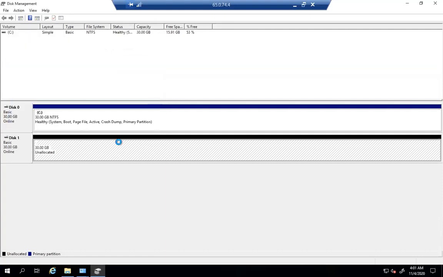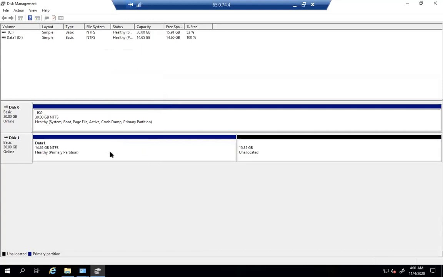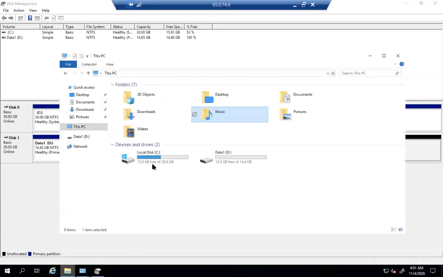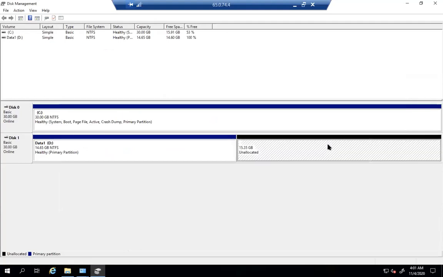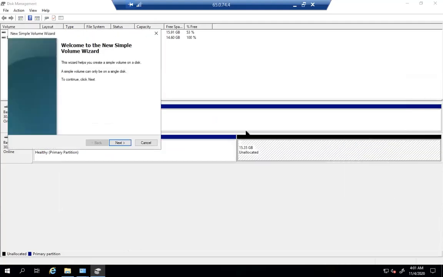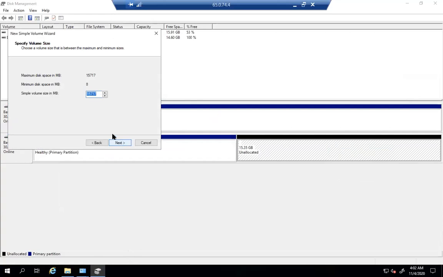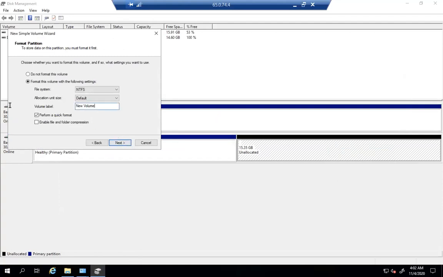Yeah, finish. So it's allocated 15 GB to the D drive. I can again allocate the next 15 GB to the E drive. So if you see, D drive would be there. So you get D drive here, 15 GB. So next, again right click, new simple volume. Next, allocate whatever is there. And then assign E, next, data